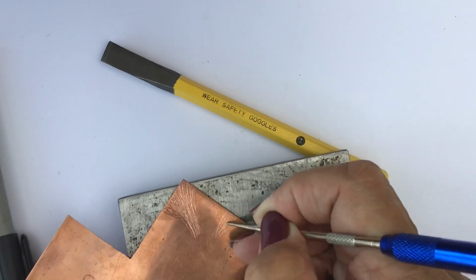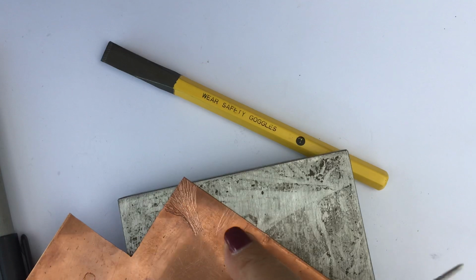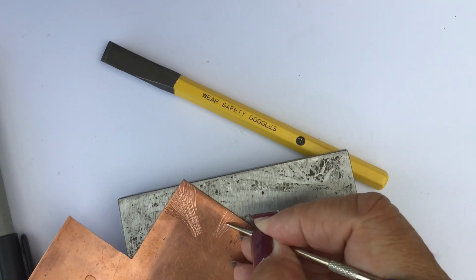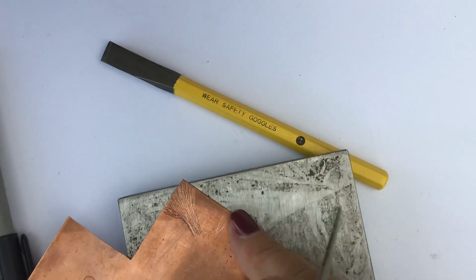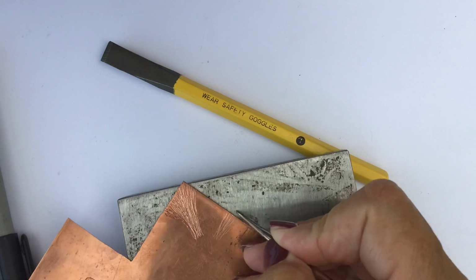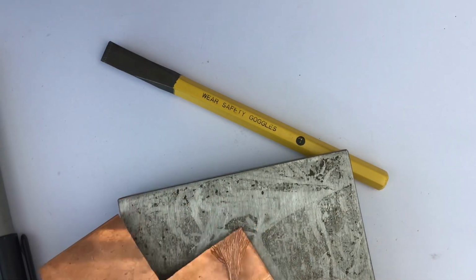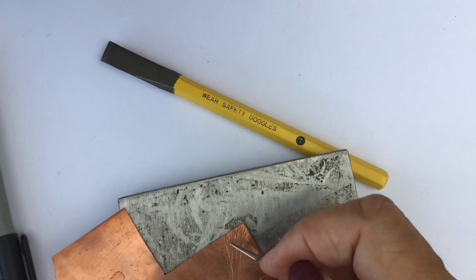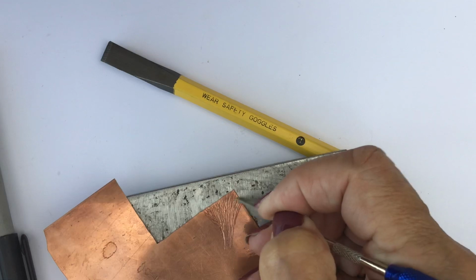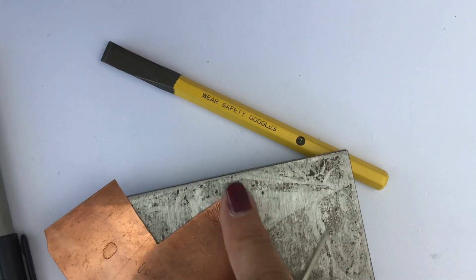And it's probably a good thing to use to start with. But in my mind, that's not deep enough. It will soon, by the time I've sanded it and polished it, I don't think. It probably would take some patina, but in my mind, that's not enough. Then I went to this corner. And what I did was, I started by doing this with the graver. But as you can probably see,